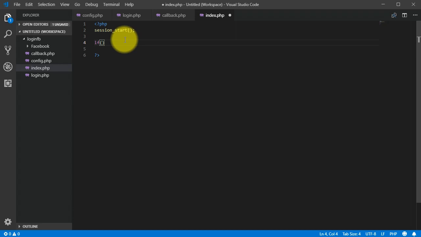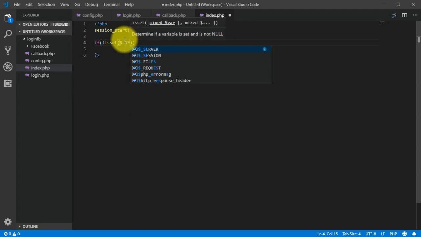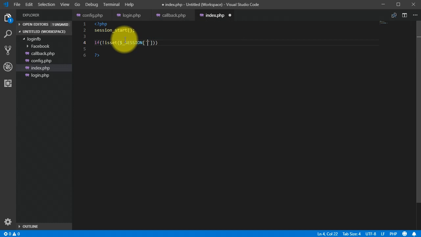So we have it like that: if not isset, if there isn't anything in our session access token, then we redirect the user to login.php and we exit the execution. Okay, but if not,